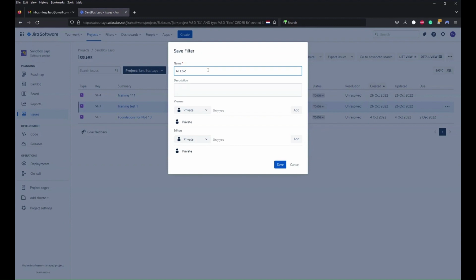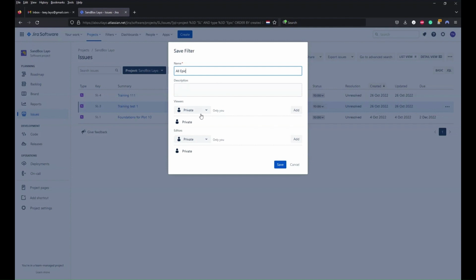But I would advise that when you're naming filters, make the filter name a lot easier to recognize what's in the filter, because in an organization there are thousands of filters, thousands of projects will be created, so you need to make sure the names are easily accessible or easily remembered within your team. So for this purpose, I'm going to be calling it all my epics, because those are all the epics in my project. Key pointers: